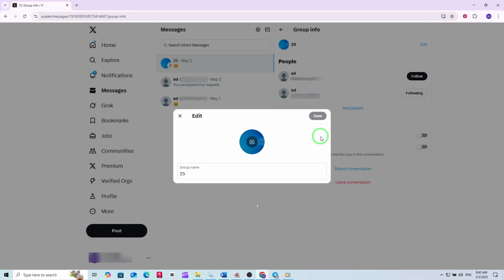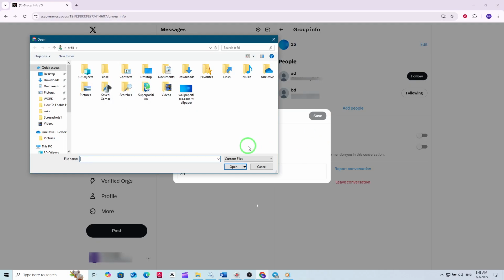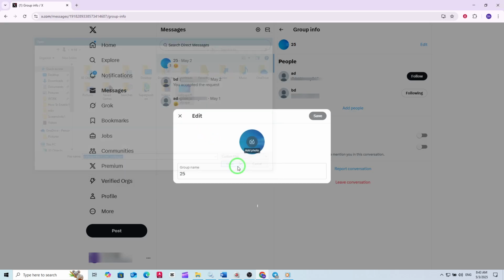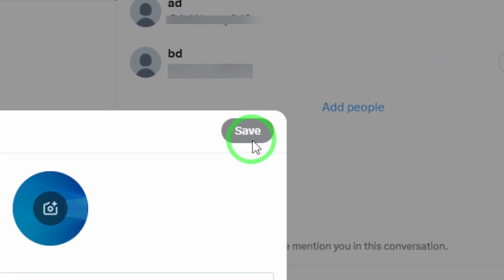If your goal is to update the group photo, look for the option to upload a new image, often represented by a camera or photo icon. Click on it, choose your desired photo from your computer, and upload it. Once the photo appears, make sure to save your changes. That's it. Your group now has a brand new photo, and any new members you've added will be part of